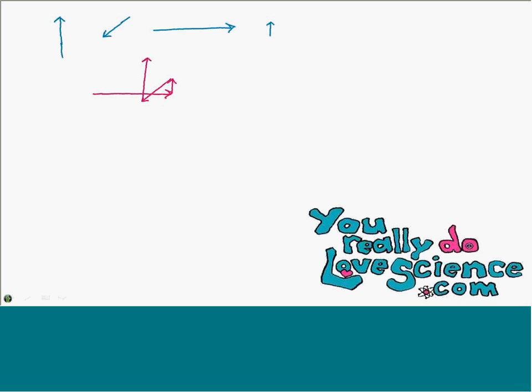Now the resultant I'm going to do in sort of a green color. And so the resultant is going to go from the very beginning to the very end. Arrow. And so we label the resultant as R, and that's the sum. That's how you add vectors. And the reason it gets interesting is because you're going to end up with some forces, like let's say